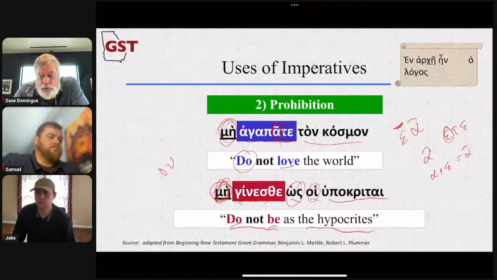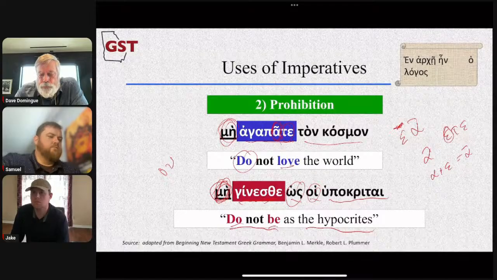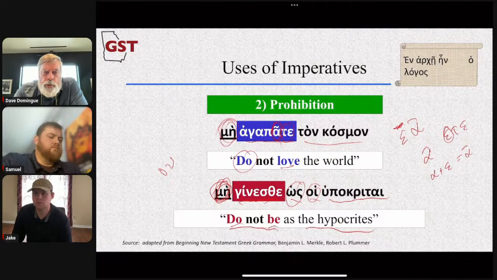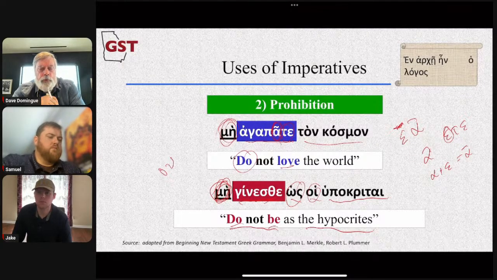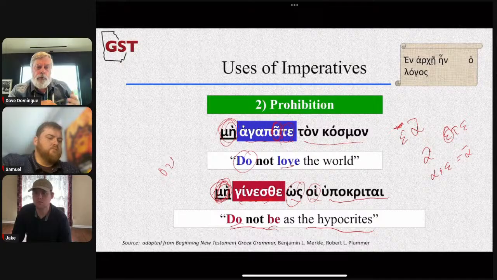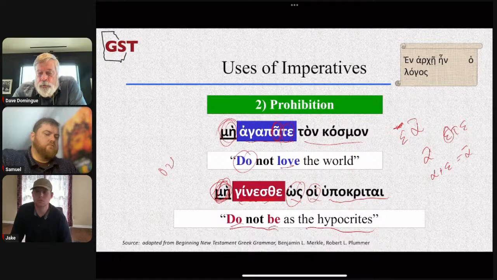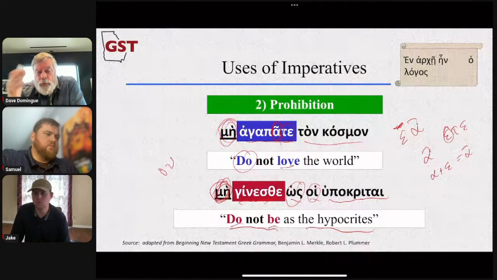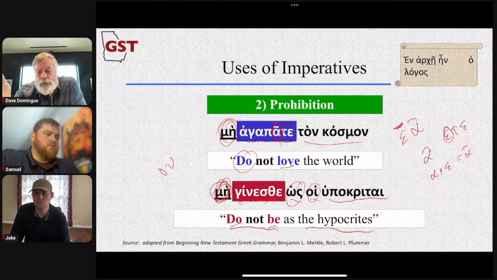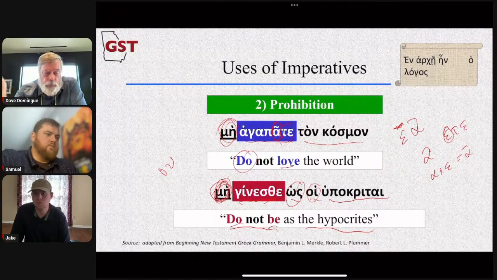And then you get to the next section, 33.18, which I have some slides on, but let me go through the charts or the page here first. There are other ways to negate in the Greek. We went through three, with the future indicative, then we get to the oblique moods, oblique being non-indicative: the imperative, the subjunctive, and the optative. You use the mē, so mē plus the present imperative using a present tense stem, is imperfective in aspect. Number three, the mē plus the aorist tense stem, which with the imperative is going to be the perfective aspect.